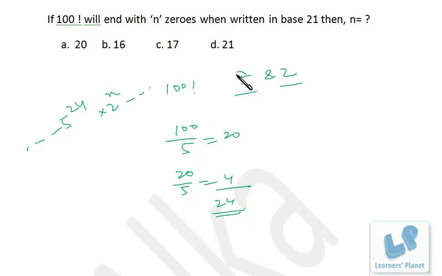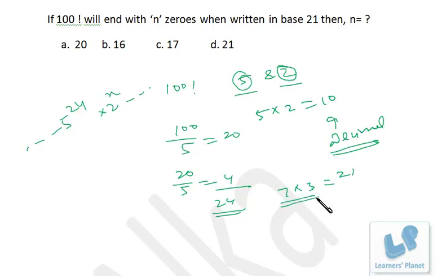Now from where am I getting this 5 and 2? Why am I using this 5 and 2? Because 5 into 2 is 10, and 10 is what? The decimal base, right? So in the decimal number system we make it 10. If it is the 21 system, what do we have to see? 7 and 3, isn't it? So this 5 and 2 are co-prime to each other, and they produce 10. And in the 21 system, 7 into 3, they are co-prime to each other and they will produce 10. In the 21 system, 21 is 10.